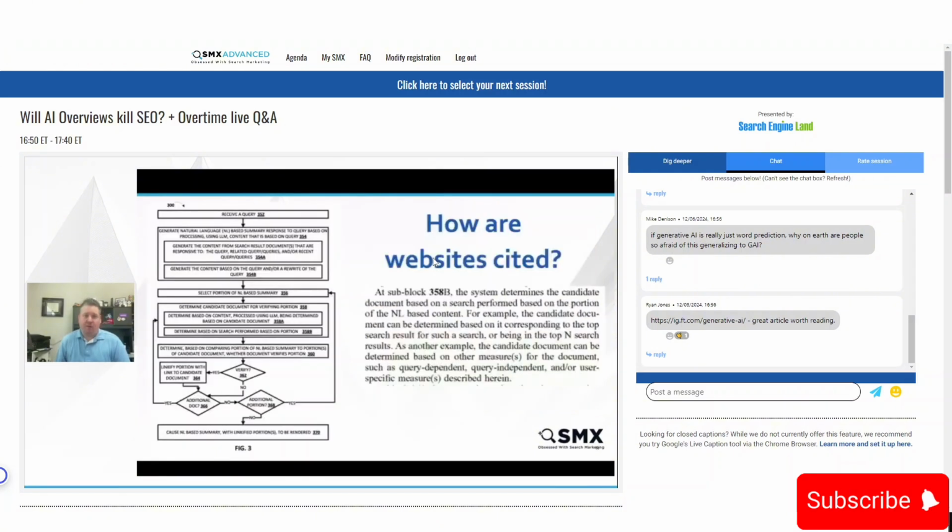And so how does it cite websites then? Most people think it's actually citing the website that it pulled the content from. And that is wrong. If we look at the patent, it's generating a natural language response, and then it's going and finding documents that rank for a section of text in that response. It just pulls out random sections of text from the response.